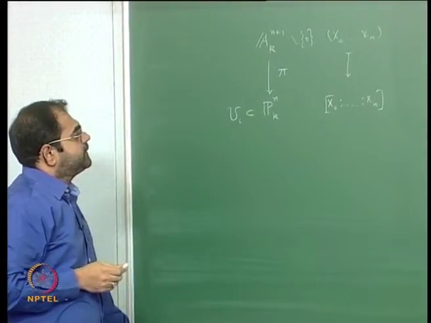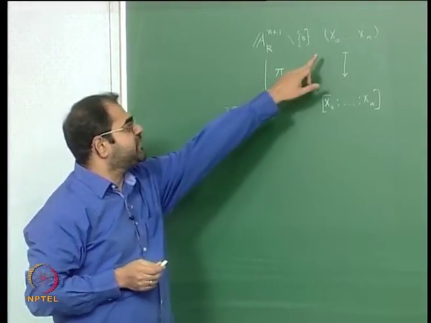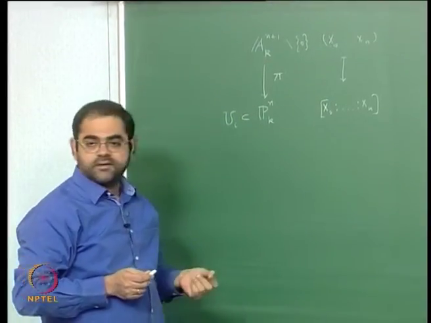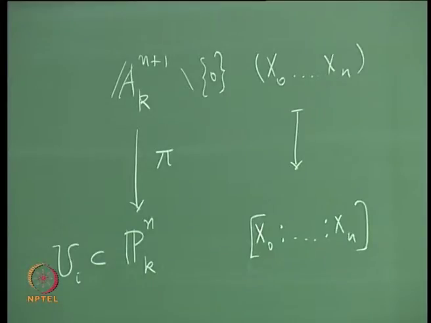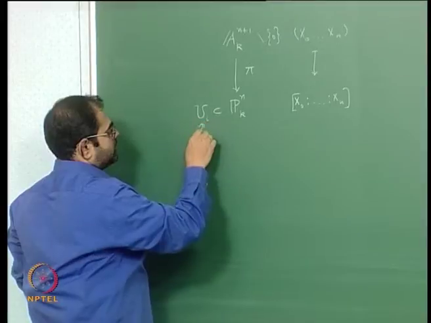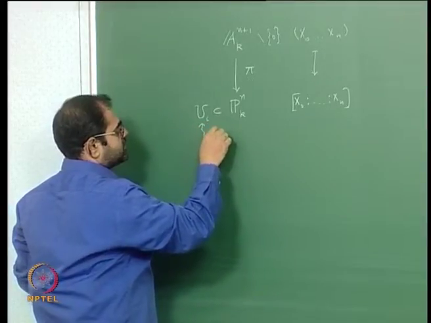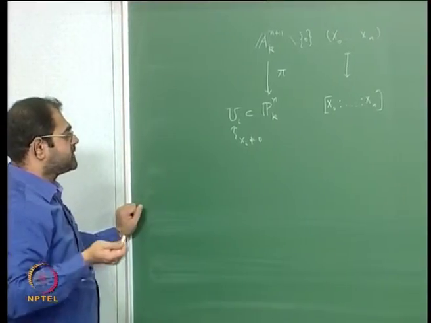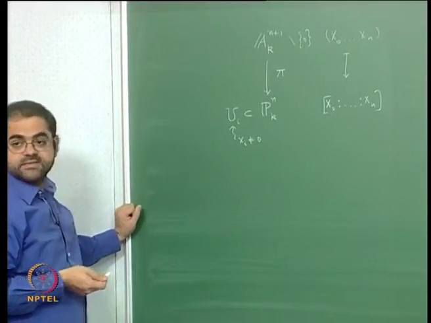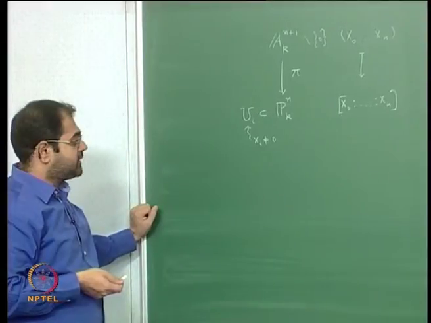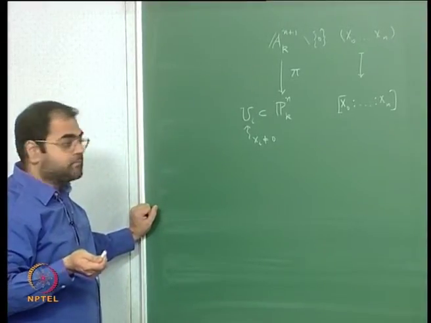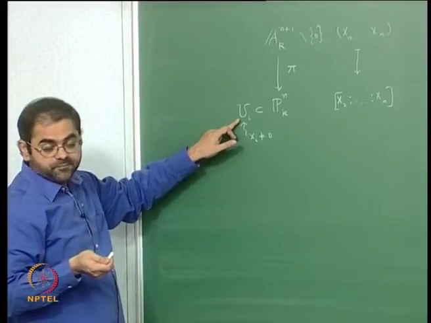And I am using the same xi to denote both the coordinate functions as well as the general varying coordinates, and Ui corresponds to xi not equal to 0. This is an open subset because its complement is the zero set of xi, which is the zero set of a homogeneous polynomial. xi is a homogeneous polynomial of degree 1, so it is the complement of a closed set, so it is an open set,